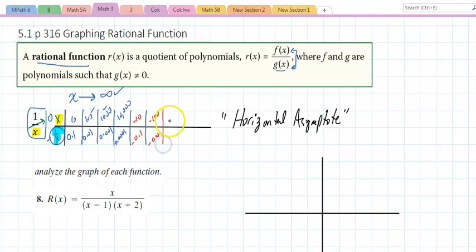And if I go to negative 1,000, I'll get negative 0.001. So do we agree that as x grows to infinity, or as x grows to negative infinity,